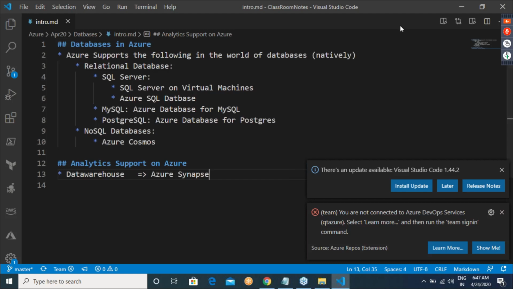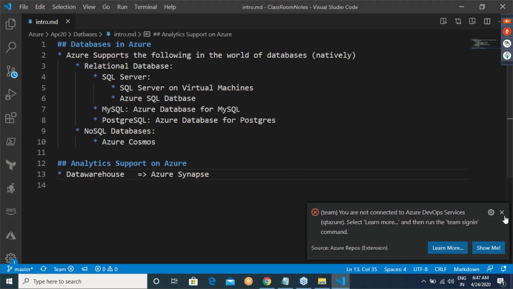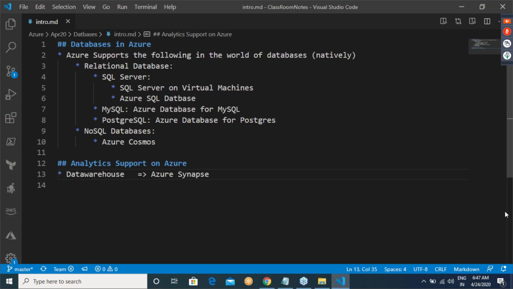For example, if your company is using Teradata or Informatica, they can deal with Azure Synapse.